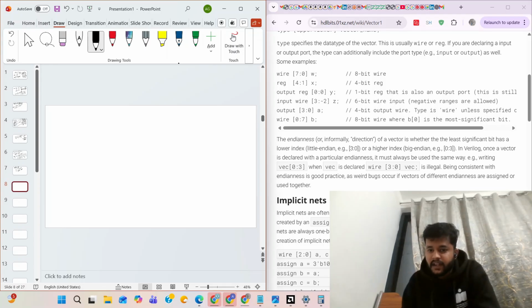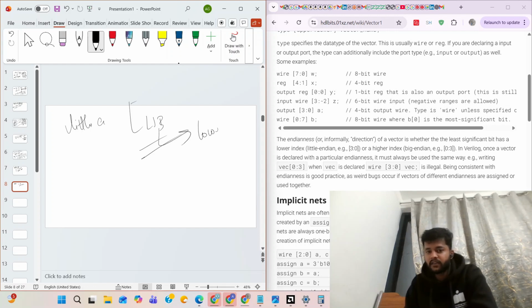Let's say in little endian, the LSB is assigned to the lower index only.